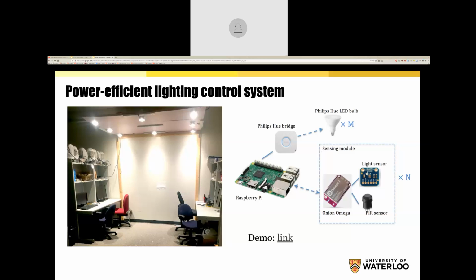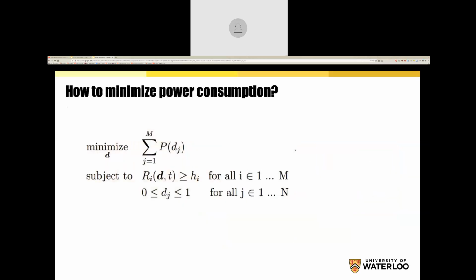So let me show you what the problems are, because this is what we want to do. We want to minimize the power, subject to the lighting level meeting some target, and the dimming levels being subject to some conditions. I find that when people do presentations, they show a slide like this and say, well, of course you understand it. And the problem is, I'm kind of stupid. I don't understand it, so I'm going to walk you through it very step by step.